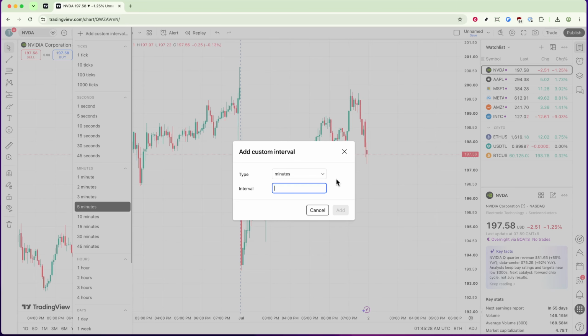Now, this part is essential for tailoring the chart to your needs. So let's go step by step. First, you'll need to select the unit for your custom interval. Click on the drop-down menu and you'll see a range of options like minutes, hours, days, weeks, months, or even range bars. Choose the unit that aligns with the time frame you want to create. For example, if you're tracking short-term trades, minutes or hours might be ideal. Just make sure you're selecting the correct unit, as mixing something like 100 minutes with 100 hours could lead to